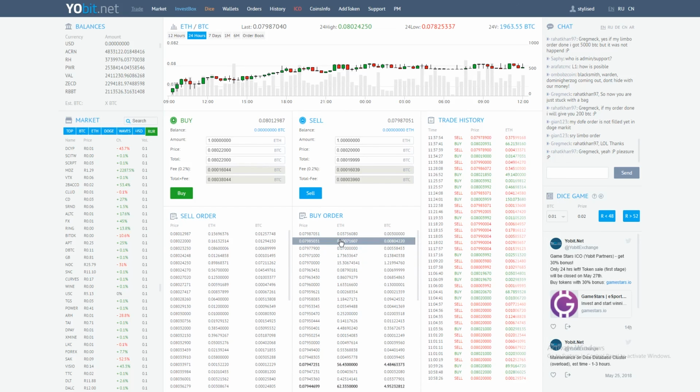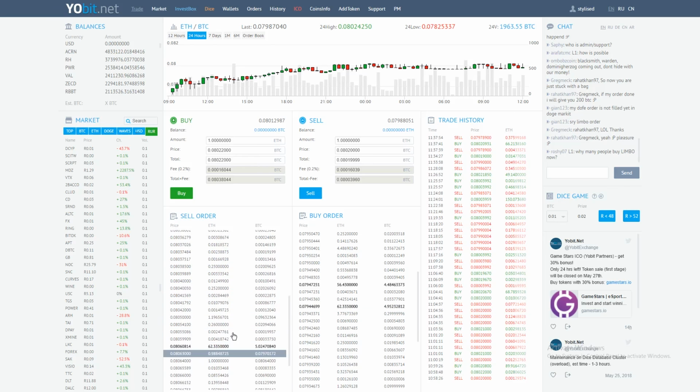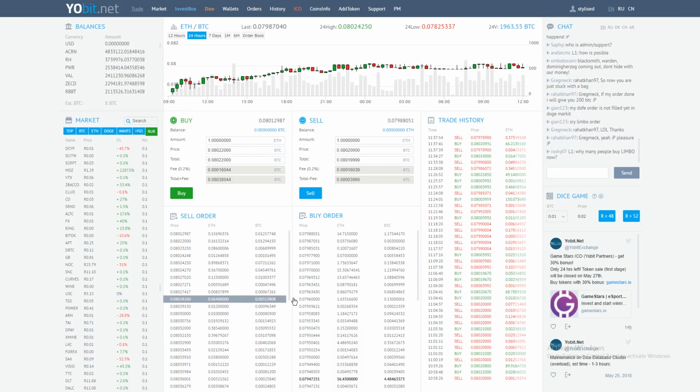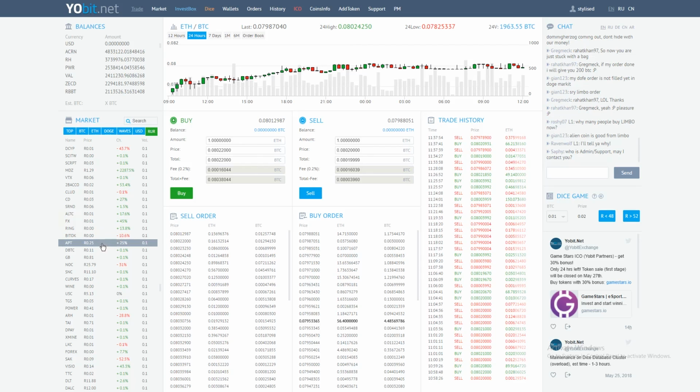But if you have a look through these, you've got your buy orders, you've got your sell orders. These guys don't give you a nice little pyramid kind of graph like the other ones do. They do bold the major transactions, so you can see where some of those larger values in the order books are. So that definitely gives you a little bit of a hand to see what sort of major orders there are. With these guys, the buying and the selling is purely on limit, so you don't have the ability to do any trailing stops or anything like that. So a lot more of a basic exchange, but because of the pure volume of coins,